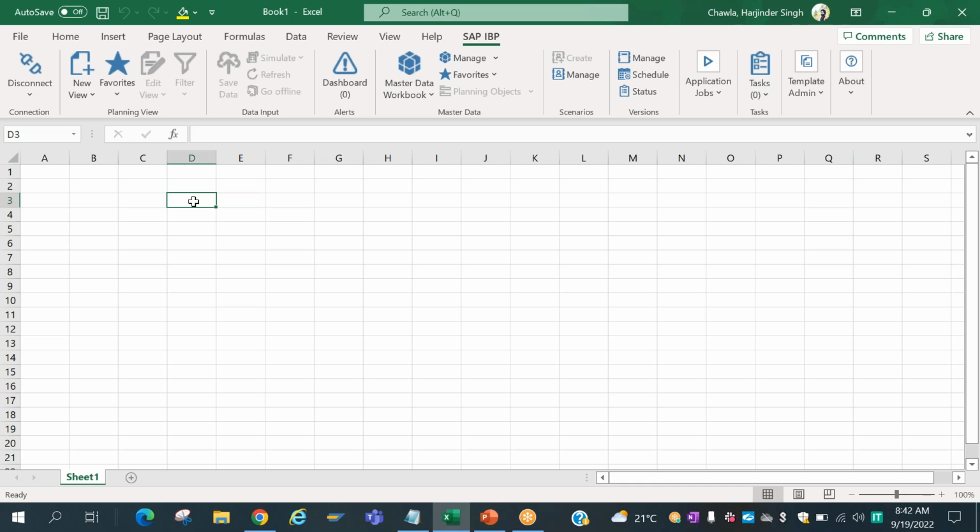And then you want to view it for a particular set of products, for a particular product family. All that you can do with the help of this New View.